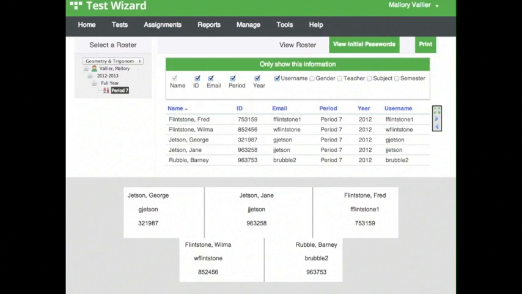After you've uploaded your Excel spreadsheet of your class, or you've manually created a class, you can then view your roster. Right now we're looking at Period 7. This is the class I just set up, and there's a button up here to view initial passwords. You're going to want to give your students the username and password they need to log into the website. When you click View Initial Passwords, it's laid out perfectly for you, and you're able to distribute that to your